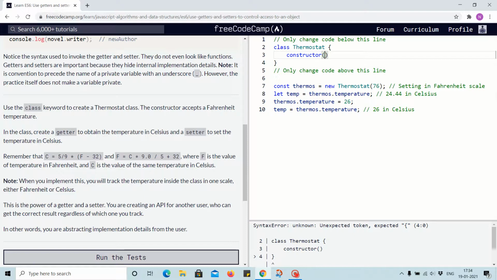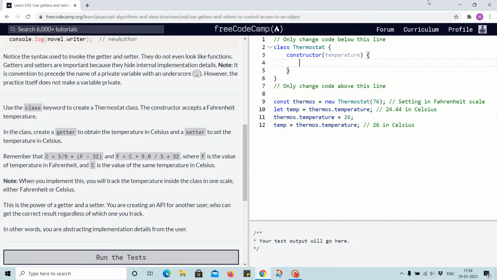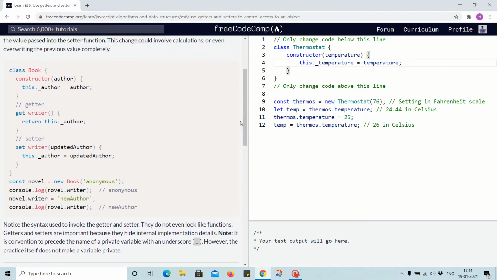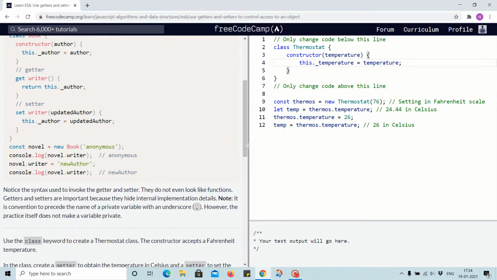So temperature, and for this, dot underscore temperature equal to temperature. Okay, so the constructor is written, and afterward